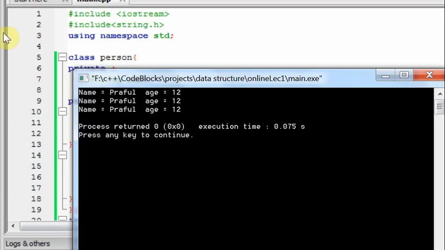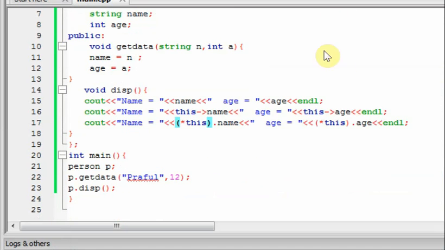Okay, name Praful age 12, name Praful age 12, name Praful age 12. It is giving me the same output because from the main function I have called like this. So now understand what this pointer is doing here. When I use the keyword this here, it is holding the address of the current object.